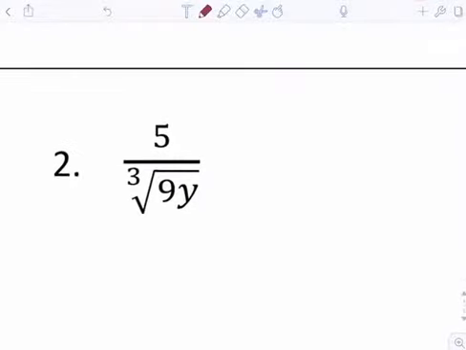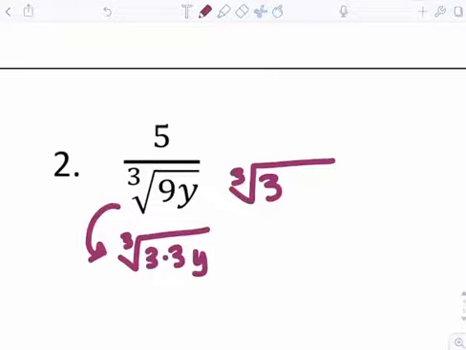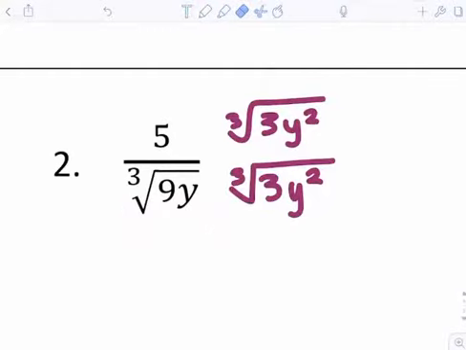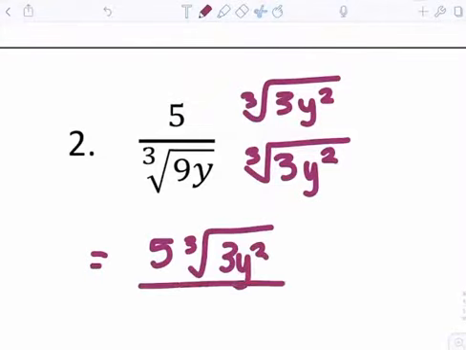Okay, number 2. So this is a cubed root, right? Remind yourself that this is 3 times 3. These are saying the same thing. So I have 2 3's right now. I need 3 3's. So I'm going to multiply by 1 more 3, and I have 1 y. I need 2 more, so I have to multiply by y squared. Okay, so we're looking for the same amount as the index. I'm going to get rid of this. So I get 5 cubed root 3y squared over,